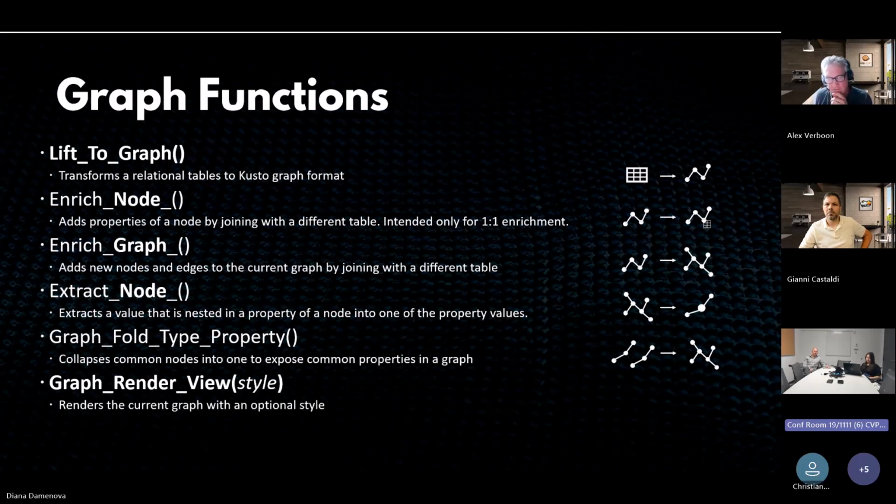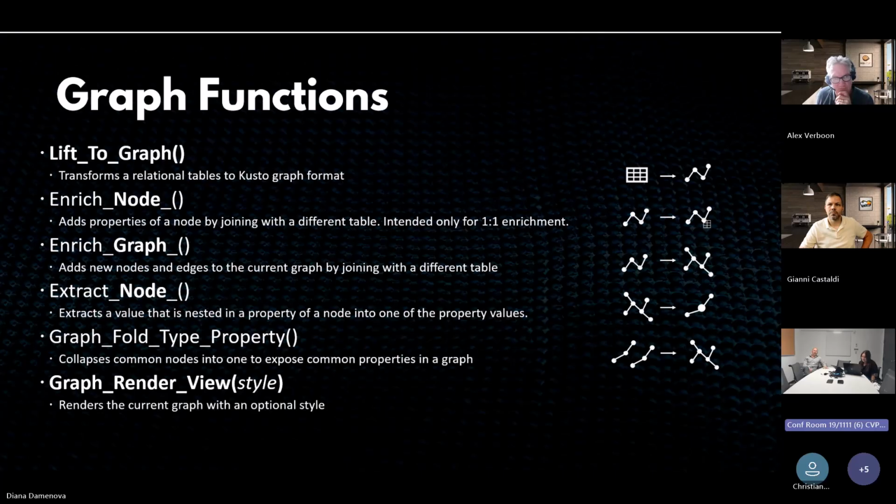It joins the graph that you have with more information, which is relational, and the result is still a graph. This family of functions is more intended for one-to-one enrichments. Otherwise, you might get into strange situations where you have different types of data inside the node. But when there's a one-to-one conversion, let's say an IP to domain, it's pretty easy to do this inside